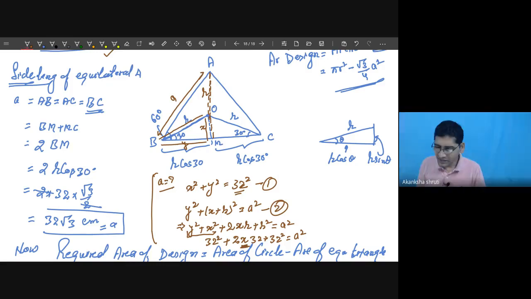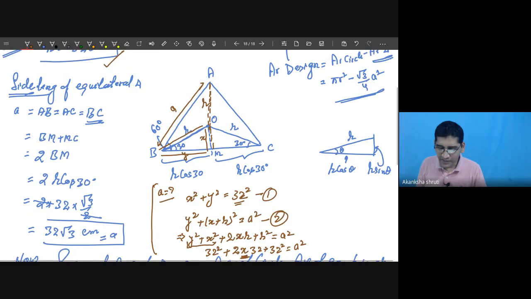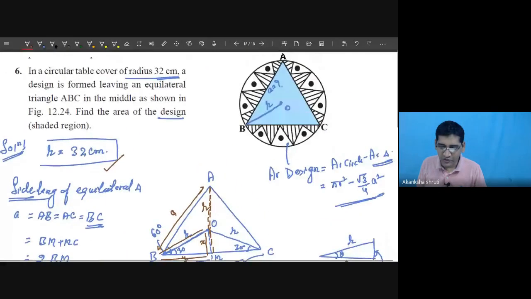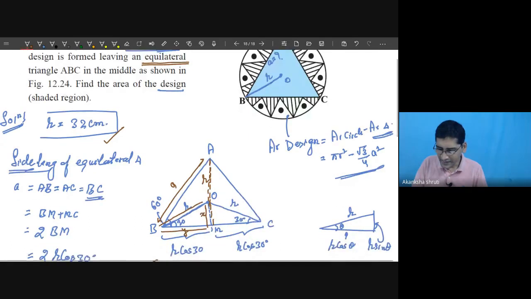Sir, can we directly write this 30 degree, or do we have to prove it by congruency? No need of proving congruency here. The question is not of the congruency. The question here itself is given as equilateral. Now just by observing the equilateral, this angle is 60 degree and the center is always equidistant from these three vertices, so we can directly write it as 30 degree. No need of proving this.